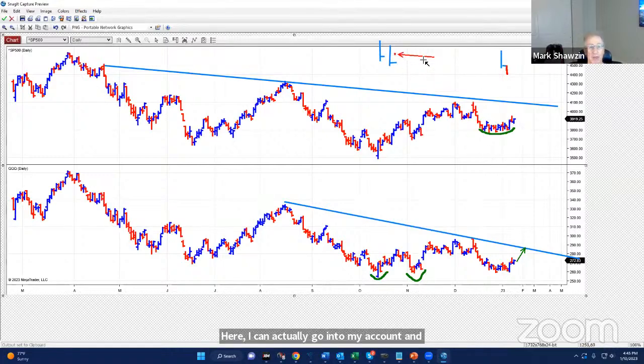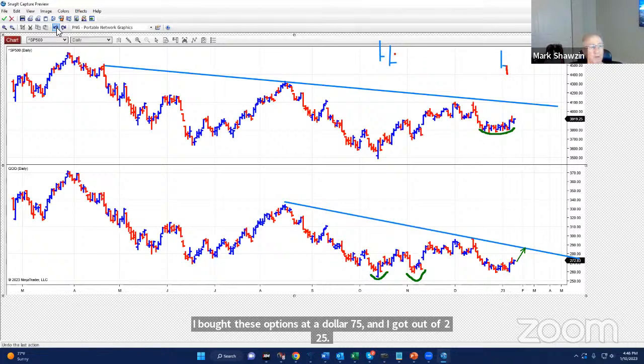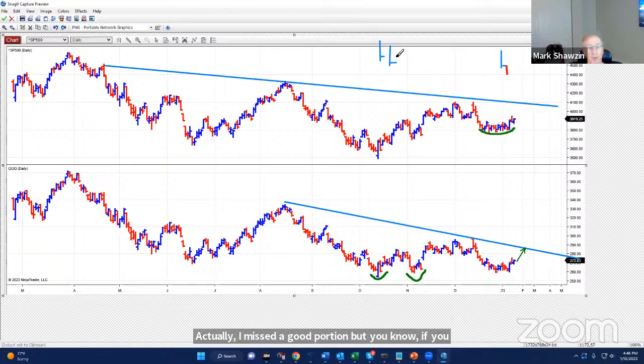So I bought these put options on a higher open in Chevron, and then all of a sudden Chevron started doing this. So I bought these options at $1.75 and I got out at $2.25. Actually, I missed a good portion of it, but you can make 30% within 10 minutes. But the point is, I took advantage of the energy. The energy opened higher. Whereas in the stock market,